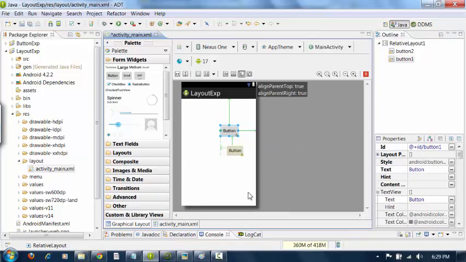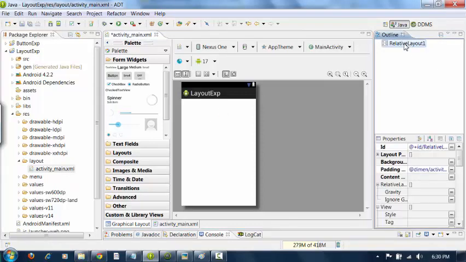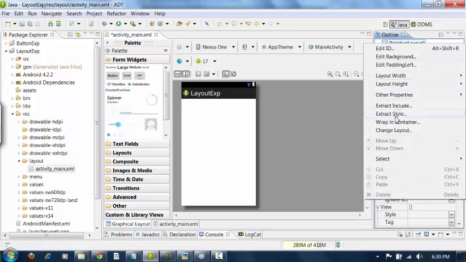Okay, let us move on to table layout. So what is table layout? As the name mentions, it's a table where you can arrange the components in rows and columns. So I will change the layout to table layout.